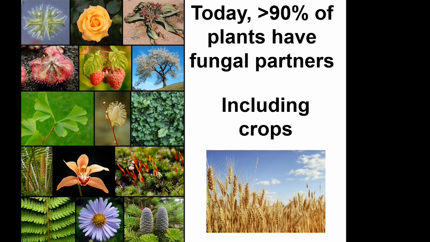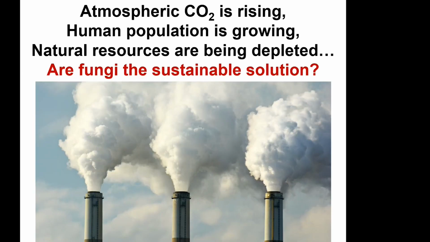And that includes the stuff that we eat, that includes crops, okay? And I'm sure you've seen all this sort of stuff before, but we're facing this crisis in food security as a result of a combination of factors, including rising CO2, growing populations, and depletion of natural resources. And so one solution that's quite commonly touted is that we can use mycorrhizal fungi potentially to help support food production by reducing inputs of chemicals, because they can help crops in fields get access to alternative nutrient sources